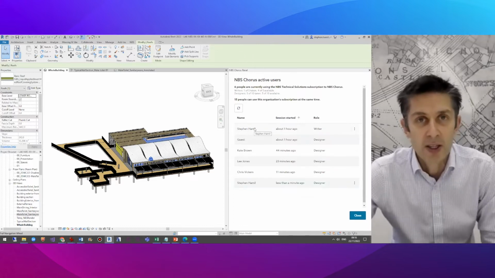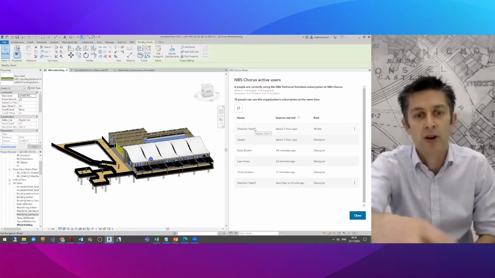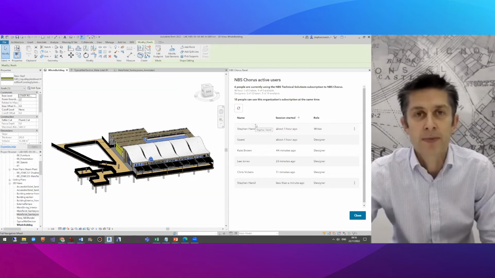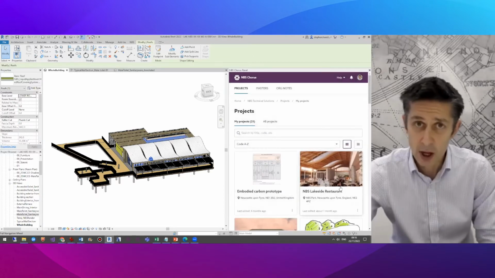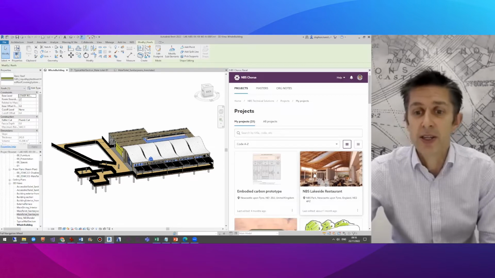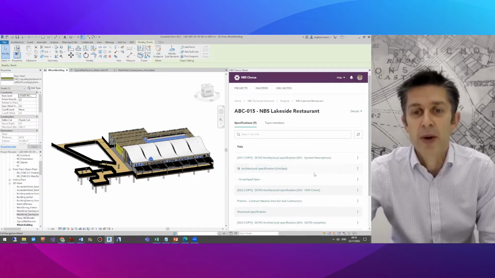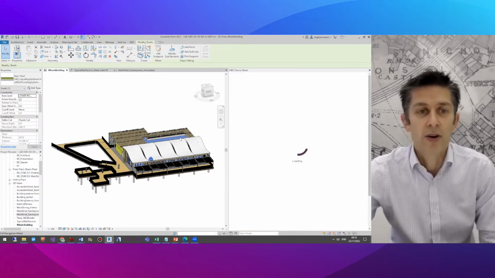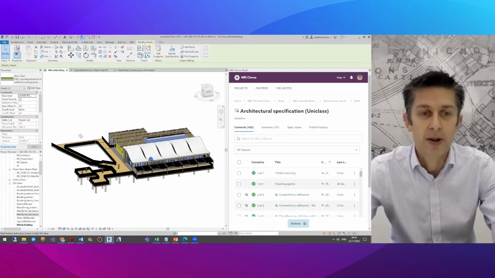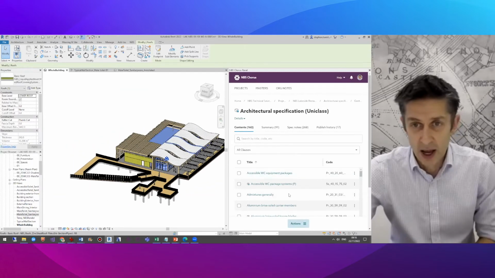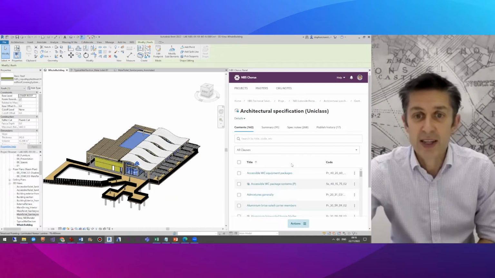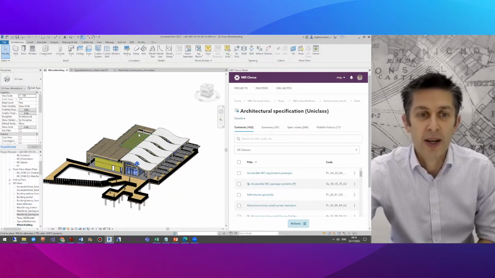You've got the people that are writing specifications, but also that are coming in and working on sort of designer type actions. So the key difference when you're logged in as a designer is that you can't edit the spec. So what I've got here is the 3D model open on the left-hand side. I've got a specification on the right-hand side that's linked to the model. And if I come in now and say click on